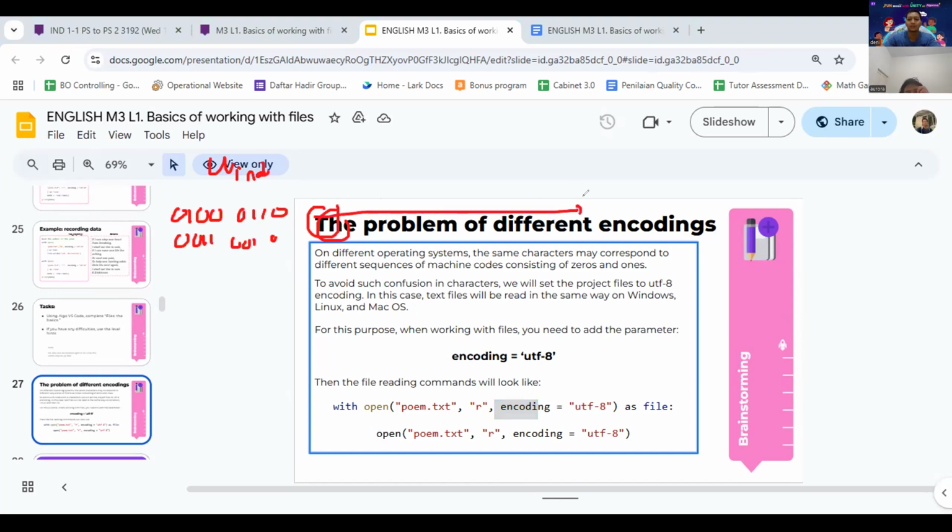When you want to run it on Mac OS, we need to make it understand. So it's like a language, it's just for language.